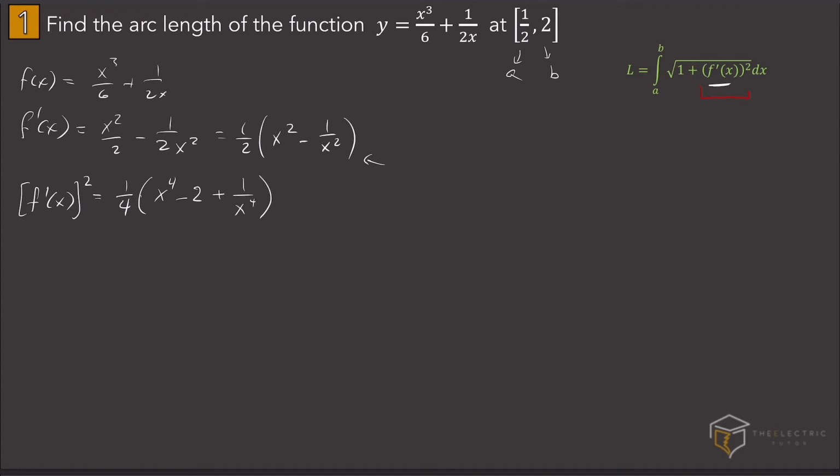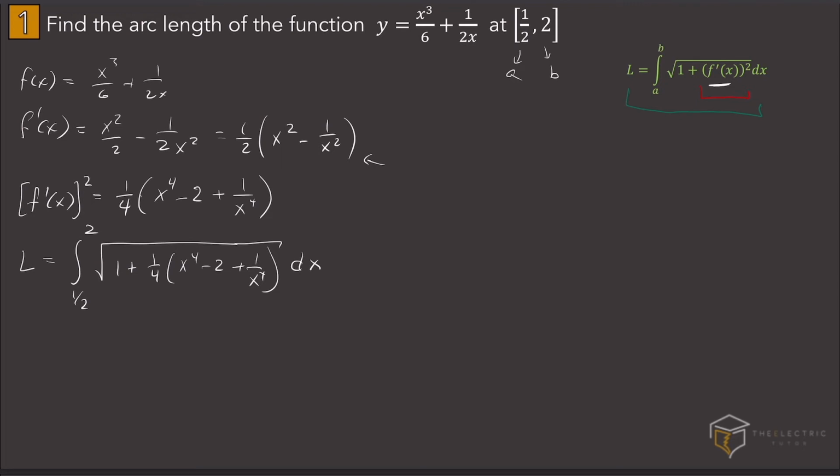So basically, my last step is to put that f prime squared inside our arc length equation. So the length is going to be the integral from a, which is 1/2, to b, which is 2, of square root, and then just substitute that in. So 1 plus 1/4 times x to the 4th minus 2 plus 1 over x to the 4th